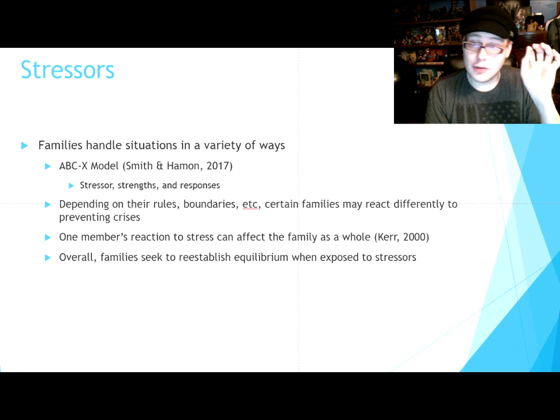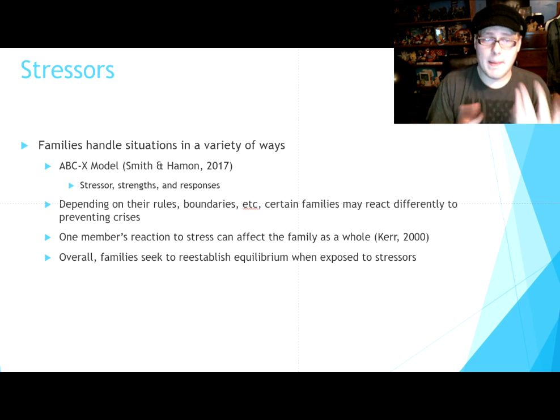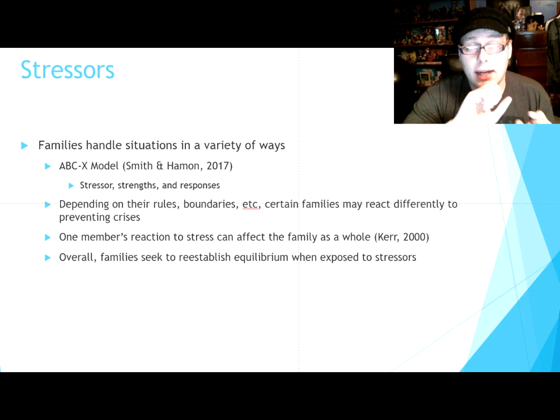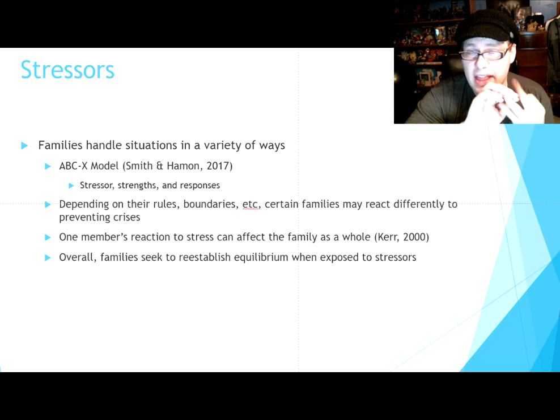Then you have stressors in family life. You have families who handle it in a variety of different ways. You have the ABCX model from the family stress theory in our text. That is, the ABCX model would represent the stressor itself, and then the family strengths, how they consider to cope with this stressor, and then the response, the consequences.